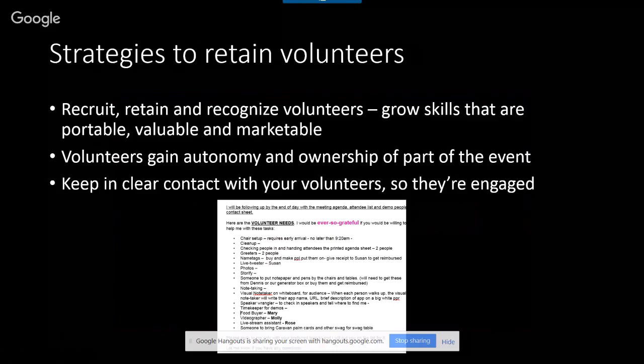And I send out every single meetup a volunteer list like this, which lists the needs that I have. These are the things that I might need, like I need somebody to buy name tags, something that you might not think about, but you just have to put all the needs out there and let people sign up for the roles that they want. This is really critical. And I also, as Susan mentioned, included something like this for you, just to remember all the pieces so that you're not stuck on the day of the event without any people to do cleanup, for example.